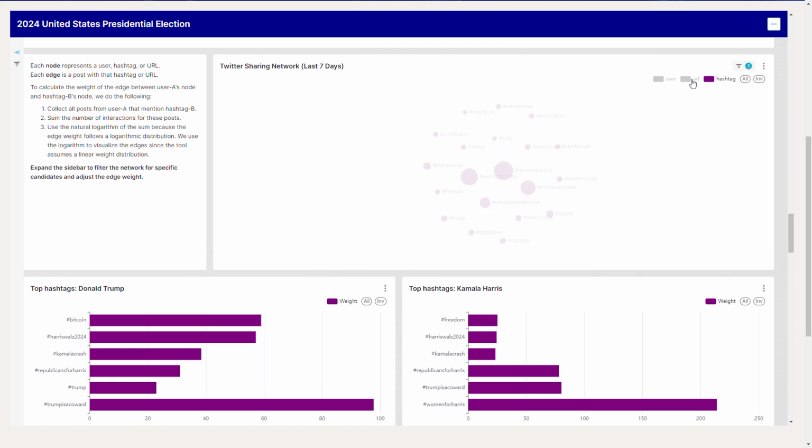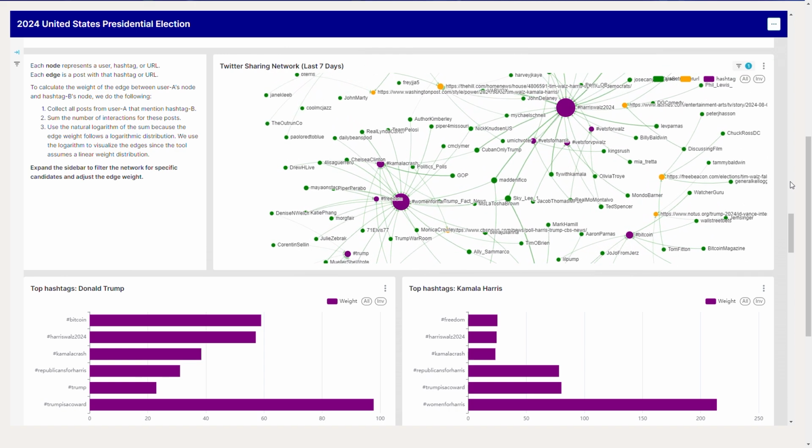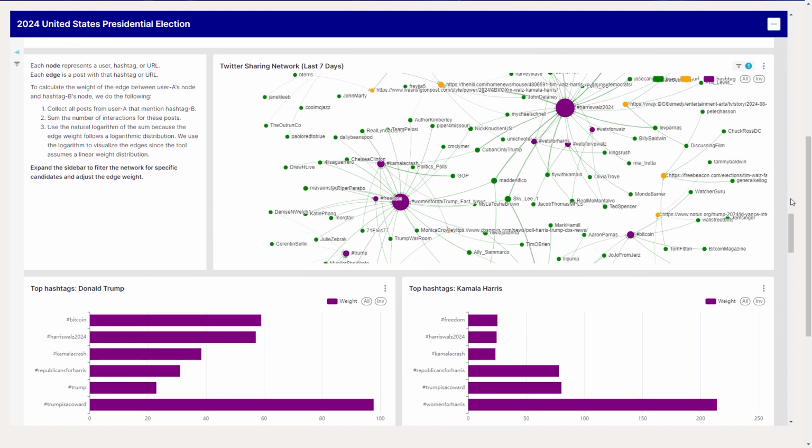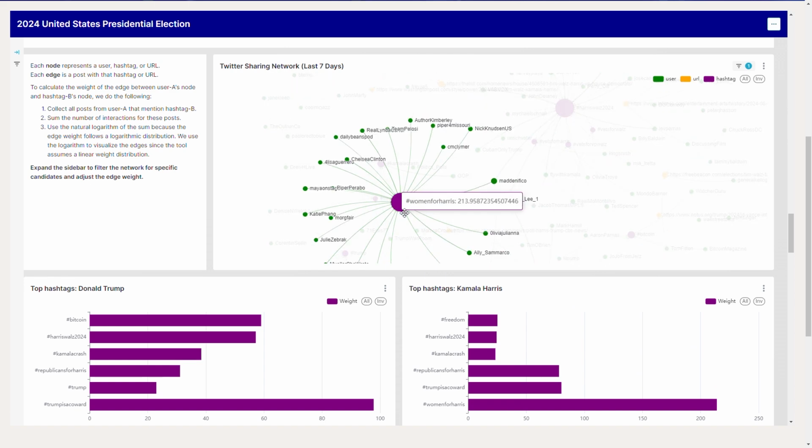In the network graph, we have hashtags, URLs, and users posting them. The size of a node represents the magnitude of interactions the tweet containing them has. For example, in the bar plot below, we can see the top hashtag for Kamala Harris is Women for Harris. We go back to the network plot, hover over that hashtag, and we can see all the users posting this